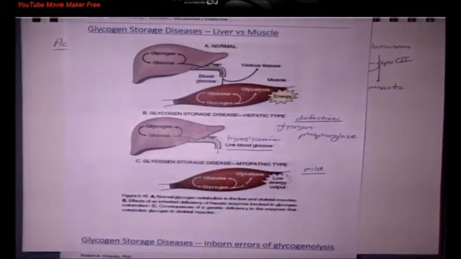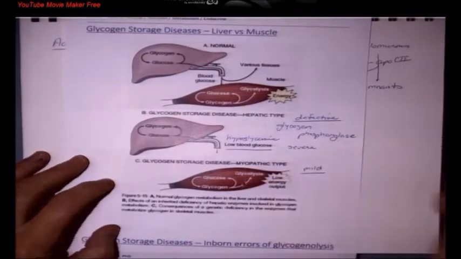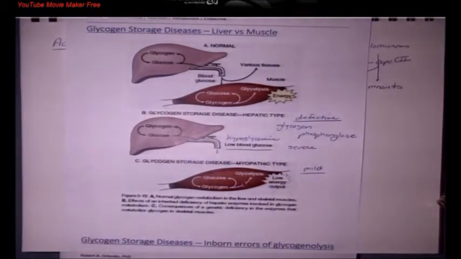Now, do you think this is mild or severe? Severe, yeah. Simply because the liver's job is to keep that plasma glucose up. Because if that plasma glucose goes down, your brain starts to become